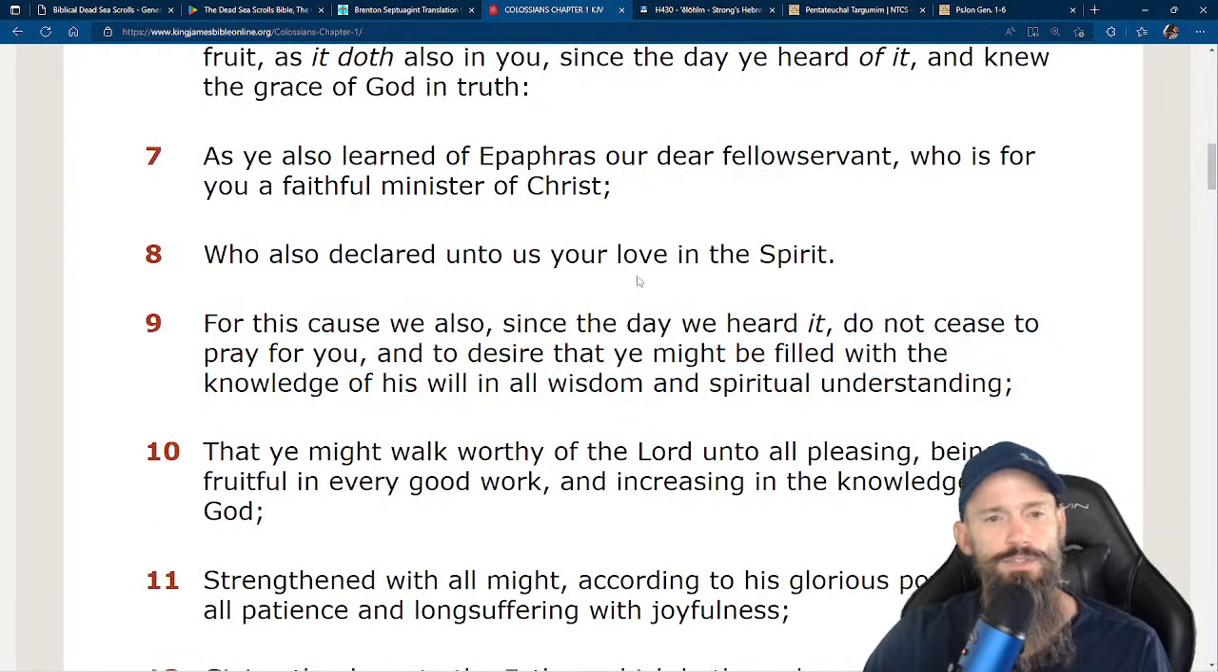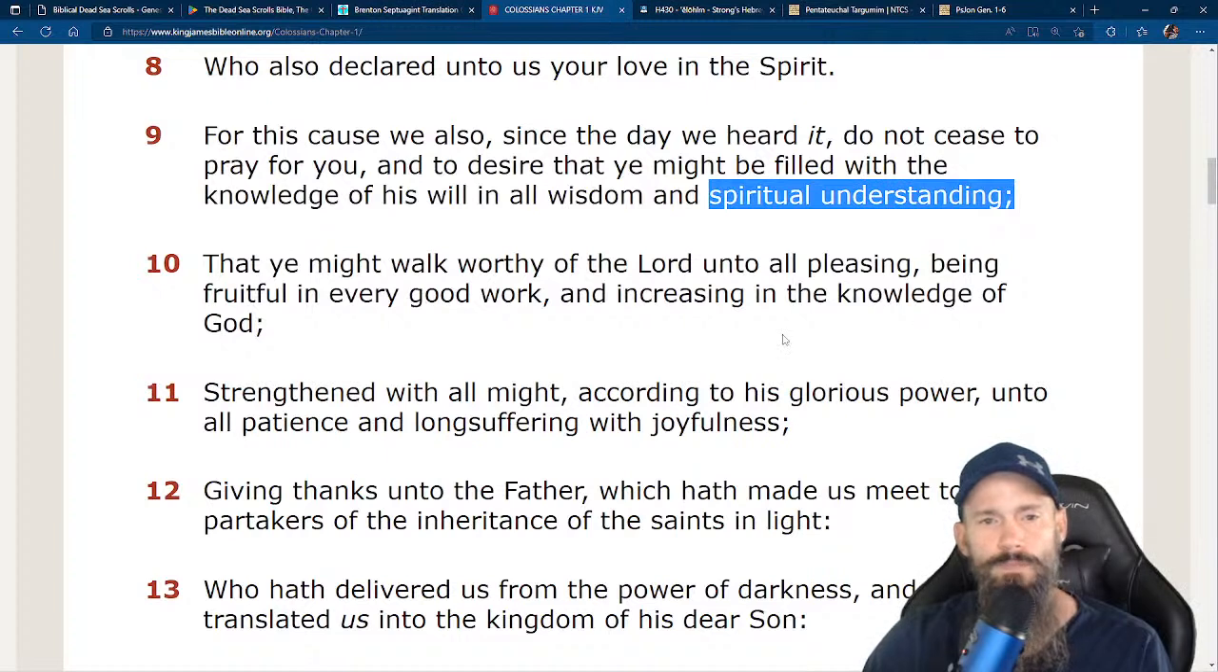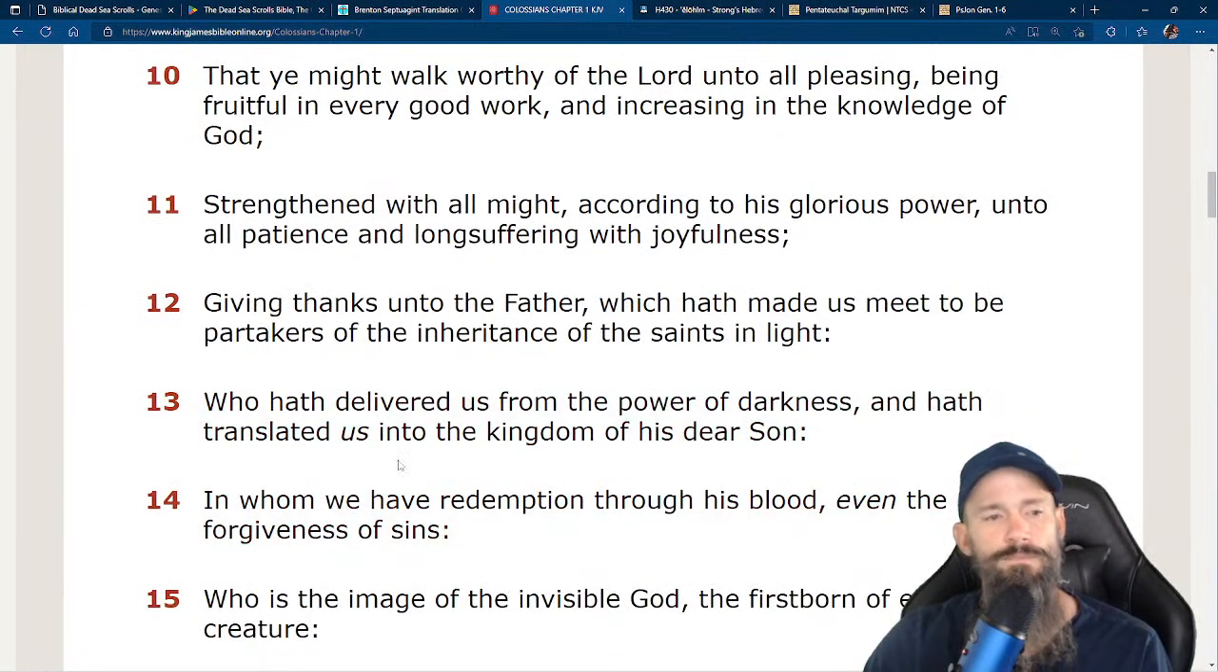For this cause we also, since the day we heard it, do not cease to pray for you, and to desire that you might be filled with the knowledge of his will and all wisdom and spiritual understanding, that you might walk worthy of Yahuwah, unto all pleasing, being fruitful in every good work, and increasing in the knowledge of Yahuwah, strengthened with all might according to his glorious power, unto all patience and long suffering with joyfulness, giving thanks unto the Father, which hath made us meet to be partakers of the inheritance of the saints in light, who hath delivered us from the power of darkness, and hath translated us into the kingdom of his dear Son,